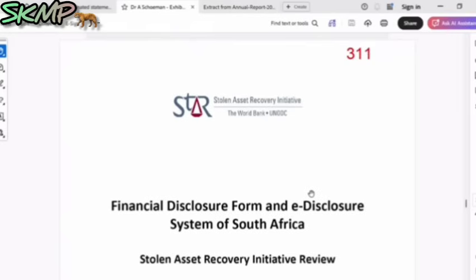So this document, titled Financial Disclosure Form and E-Disclosure System of South Africa, was an assessment conducted at the request of the Department of Public Service and Administration to both look at the form as well as the e-disclosure system and how it functions currently. So effectively what we've done in this report is take the earlier documents I mentioned around designing an effective form and apply similar principles to the South African context, to assess the current form against these international standards and good practice, to determine what some of the omissions in the South African context currently are that should be considered, and some